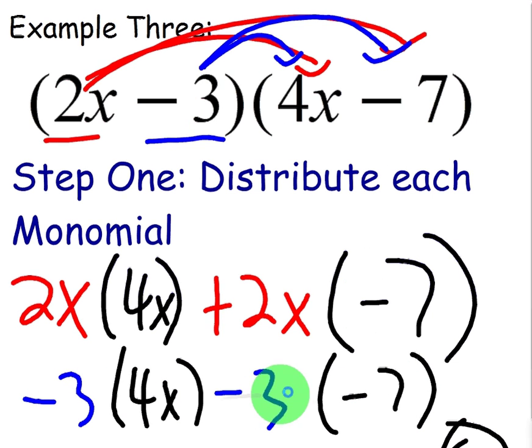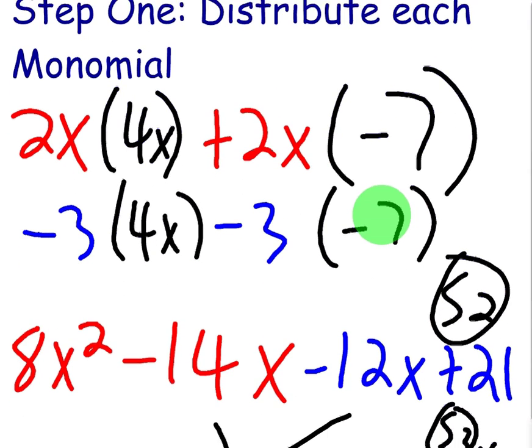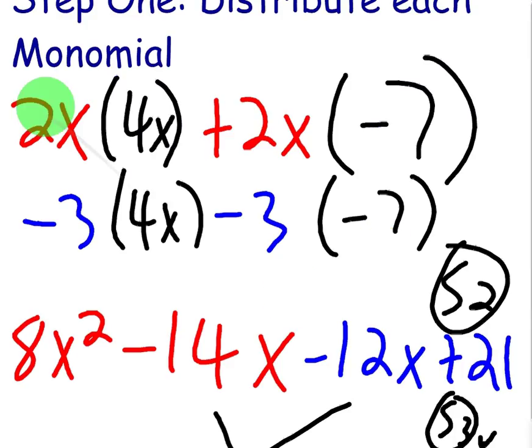For this example, we're going to do everything on the same slide. So step 2, which is multiply. We have 2x times 4x, which is 8x squared. 2x times minus 7, minus 14x. Minus 3 times 4x, minus 12x. Negative times a negative is a positive 21. Final step